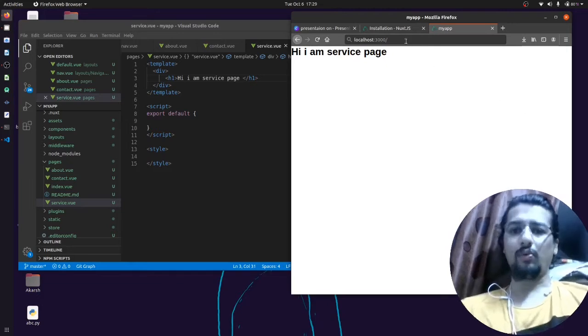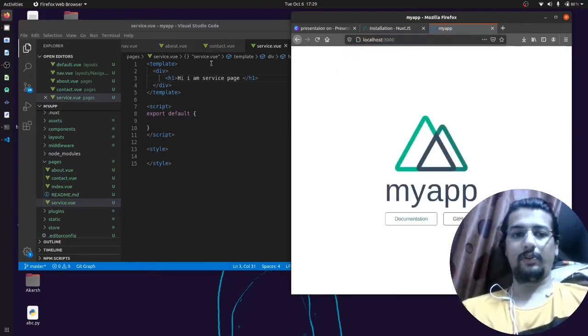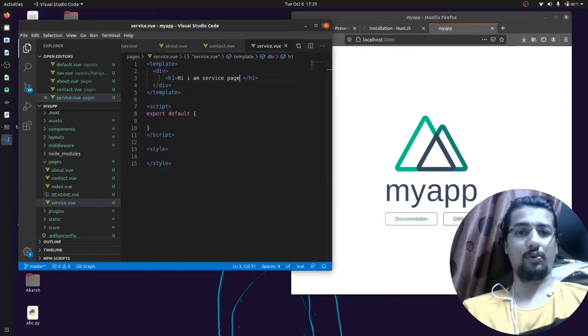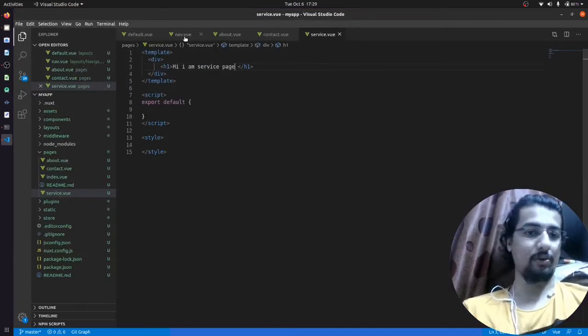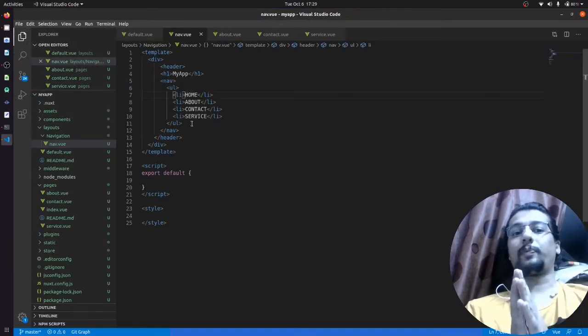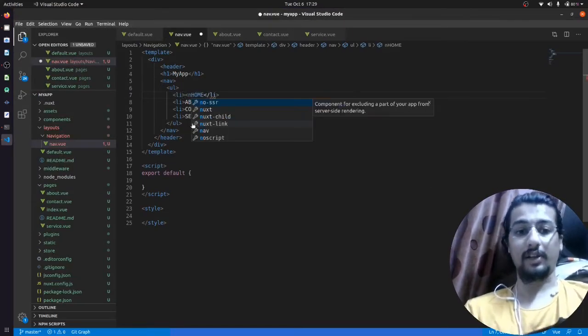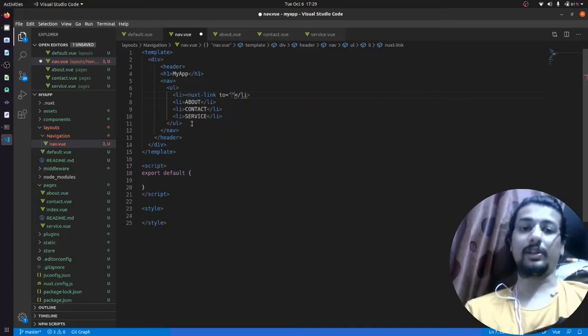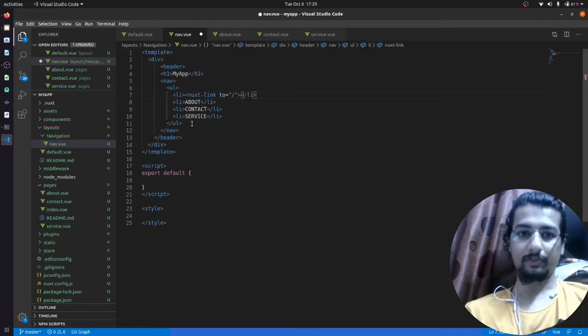Okay, now we have created a layout. You can see that we have created the layout, we have our nav. Okay, so what we will use for navigation: we have a Next Link, sorry, not next child, Next Link. This will give you the linking property. Slash, this will give you the linking property, and inside that we will have home.